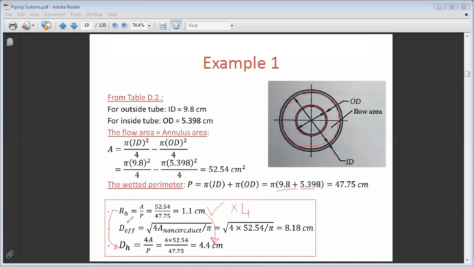And finally, for the effective diameter, the effective diameter is defined in a way that the area of the corresponding circle, if we have a circle of diameter D effective,